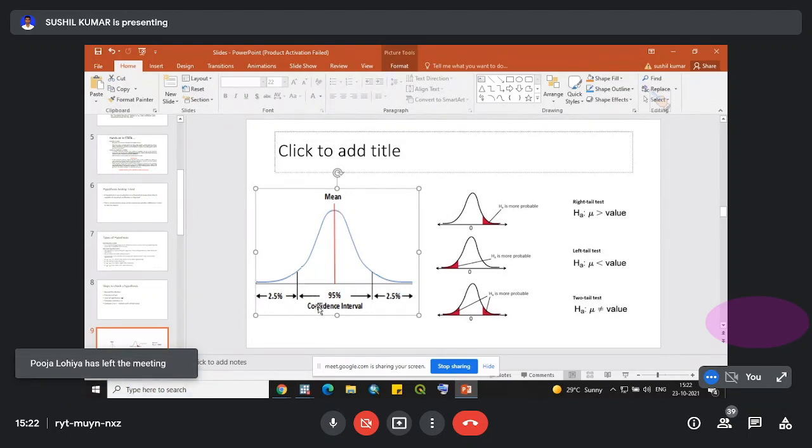Otherwise, we accept our null hypothesis if the value of t lies in this 95% area. On the other hand, if we are performing a right-tail or left-tail test, then to reject our null hypothesis the value must lie in the red zone.